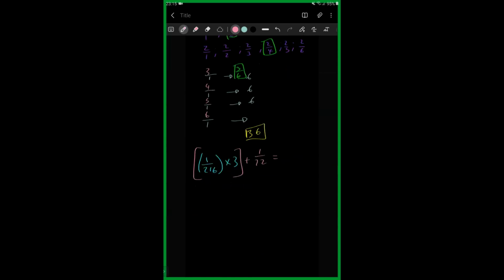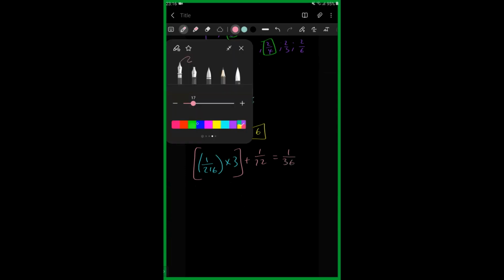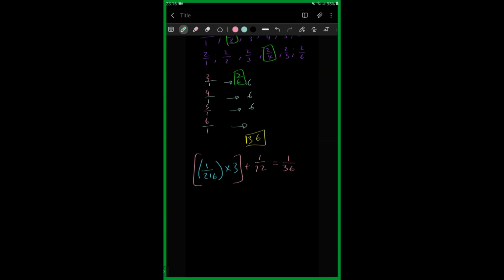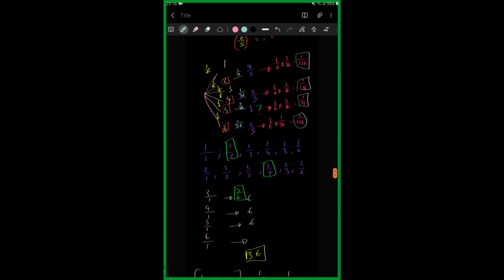So what does this give us? It gives us 1 over 216 times 3. Then we have here plus 1 over 20. That's going to be 1 over 36, which is quite awkward, but mathematics does not lie. So with all this being said, right, the probability that we get,